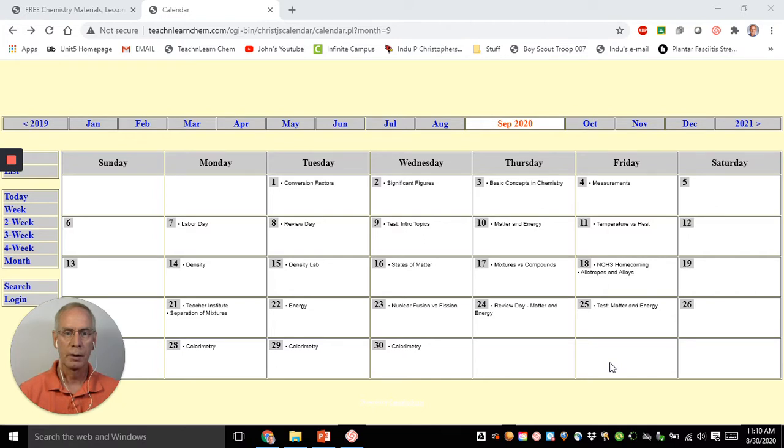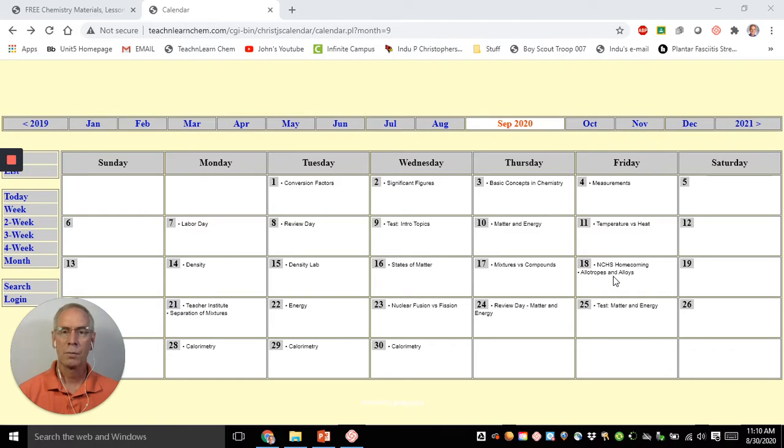So let's start with a view of the calendar, where we think this is going to be going. I think we'll be starting this unit on the 10th of September, and we'll introduce matter and energy, and then on the 11th we'll discuss the difference between temperature and heat, and then on the 14th we'll talk about density. There may be a density lab or some activity this day. That's at least what I'm temporarily thinking we're going to do, followed by states of matter, mixtures and compounds,